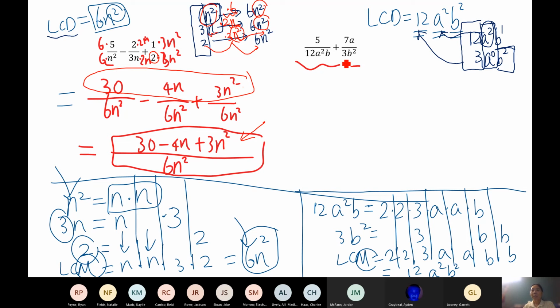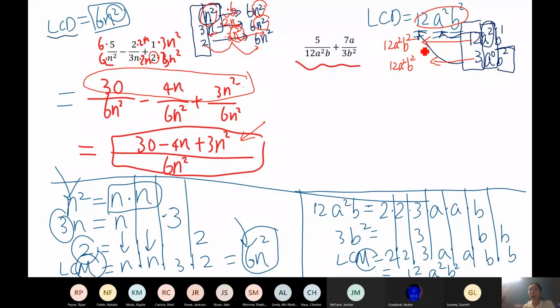Similarly, we can do the same with the second one. The denominators we have are 12a squared b, but now we want to change this to the least common denominator, which is 12a squared b squared. And we also want to change the second denominator to 12a squared b squared. So the top one,